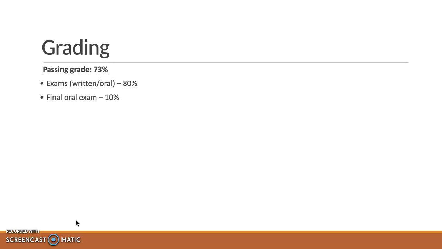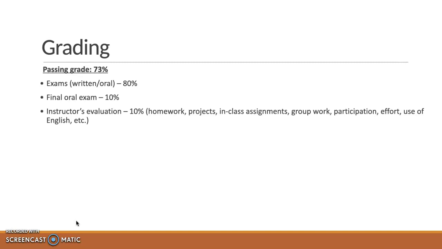The final oral exam is 10% of their grade, and that occurs on the last day of class. And then the other thing that they can get graded on is the instructor's evaluation. That will be 10% of their grade, and this is whatever the instructor wants it to be. It can be homework that you've assigned, or if the students have worked on a project. It could be anything you do in class. For example, if you did something in a group,